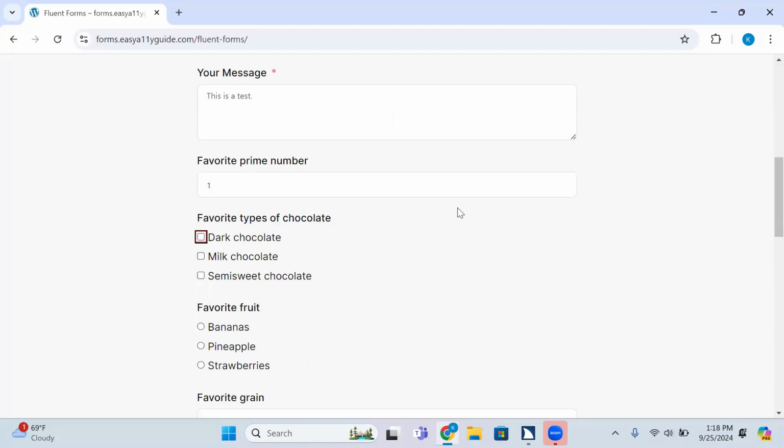Did it read off the favorite types of chocolate? I didn't catch it. Dark chocolate checkbox not checked. No. To check, press space bar. All I did was press tab. Oh, so it didn't read off the label. There's a visible label, favorite types of chocolate. I wonder, do you think that could be a JAWS thing too, though, or no? If there's an actual label there, it shouldn't be. No, because the label's not for the inputs.